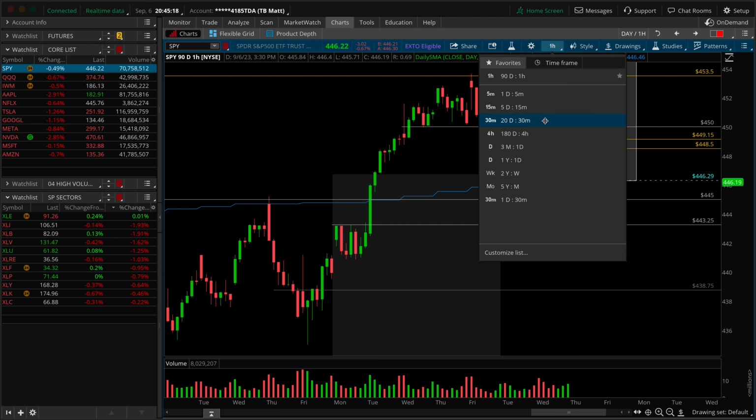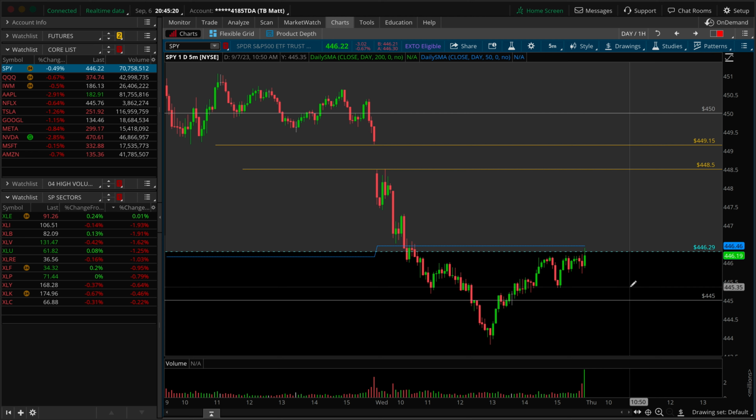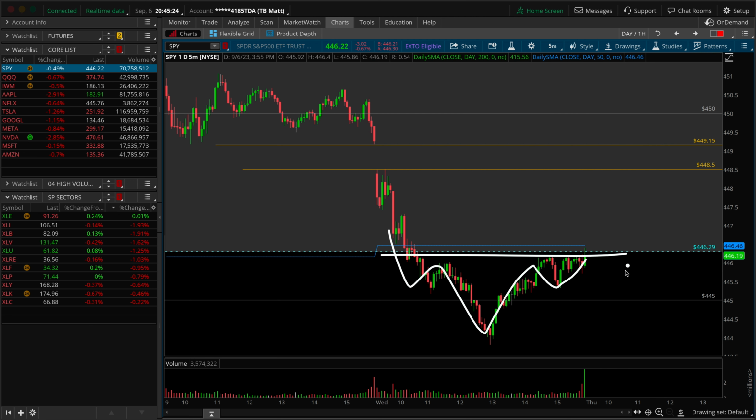Here's the 5-minute chart. The only reason I want to show you this is because it does tie into the move straight higher out of the gates. What is this on a 5-minute time frame chart? Certainly inverted head and shoulders. There's your neckline. Lo and behold, it's that same level we've just discussed at 446.25. If the market runs over that, again, first higher low pullback over the neckline, first higher low pullback over an upward sloping VWAP is a logical long entry with tight risk reward to start looking for the closure of the